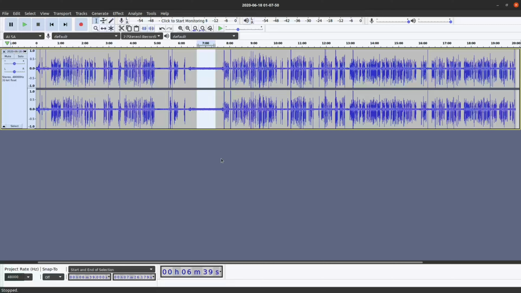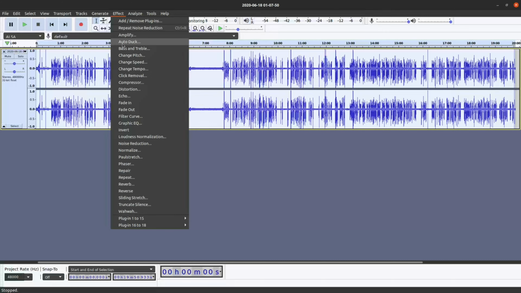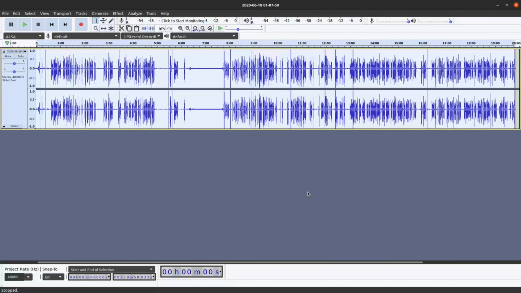So it will calculate, and now you can select the whole audio file by pressing Ctrl A and apply that same effect. You can choose noise reduction again, or you can just click here, Repeat Noise Reduction, and it will apply those calculated parameter values from the sample to the whole timeline of the audio and try to eliminate that noise from the whole audio. So as you can see,